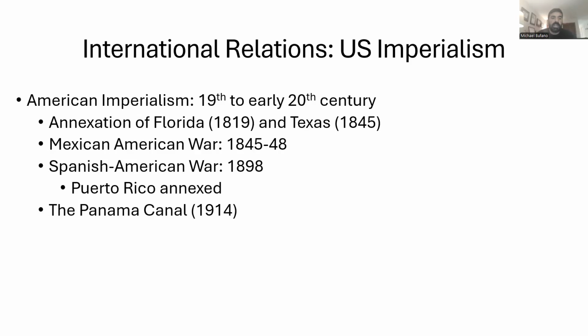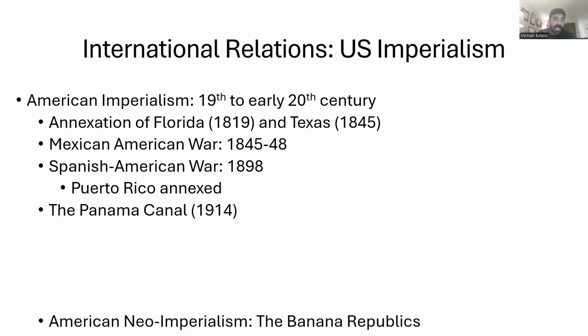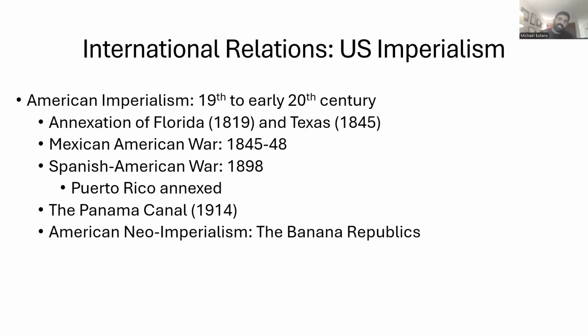In 1914, a canal was created there. In fact, the United States controlled this canal for many decades afterwards. And the United States would have all sorts of influence on other countries in the region. The United States was interested in extracting cash crops like cocoa, coffee, and bananas, as well as mineral resources such as copper, gold, and silver from this part of the world, and bringing it back to the United States.